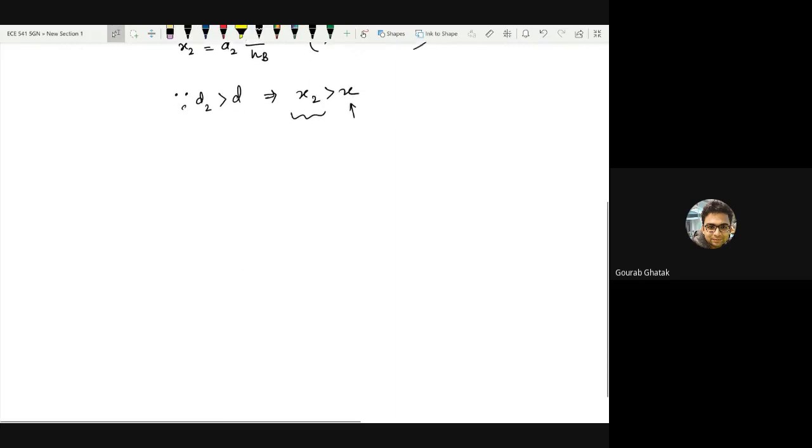Okay, then comes part C, which is a bit more interesting. It says: what is the probability that the user observes a line of sight link to the nearest base station? In this case, you would have to actually average over all the distance distributions of this base station. It should have been clear, but even if it was not, it becomes very apparent from the second part of the question, which says we have to comment on the asymptotic behavior of this probability when lambda b tends to infinity and lambda s tends to infinity.